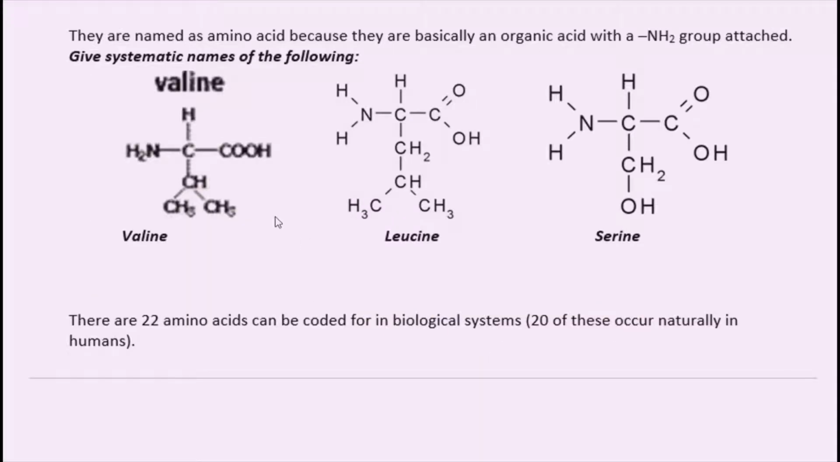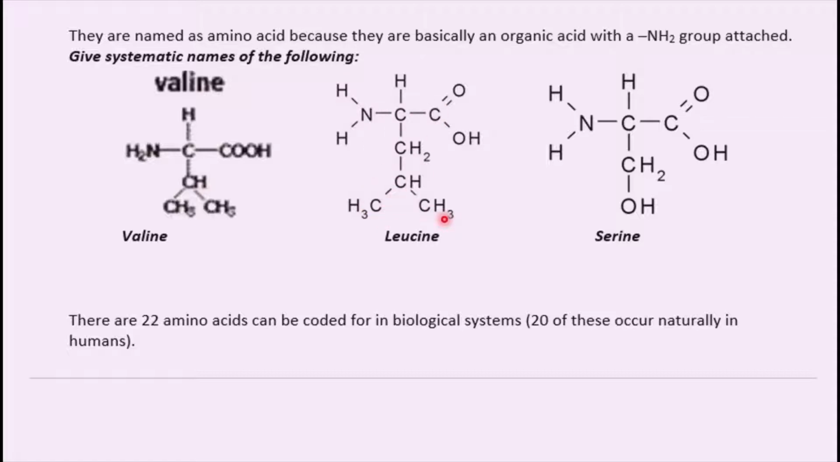So the systematic names for these would then be this one, valine, which has got 1, 2, 3, 4 carbons in the chain. So that's going to be based on butanoic acid. On the second carbon is an amino, but on the third carbon is a methyl. So 2-amino, 3-methylbutanoic acid. Leucine, 1, 2, 3, 4, 5 carbons. Again, a methyl group on the 4th carbon, and amino group on the second one. So 2-amino,